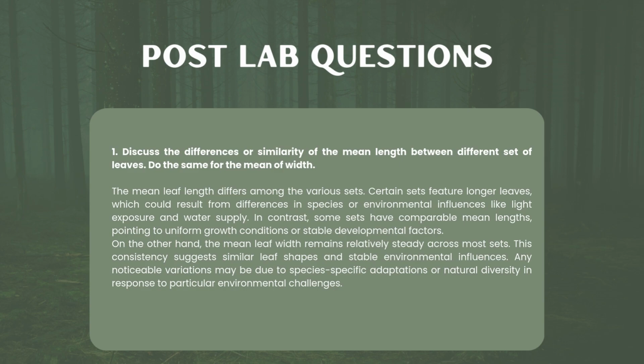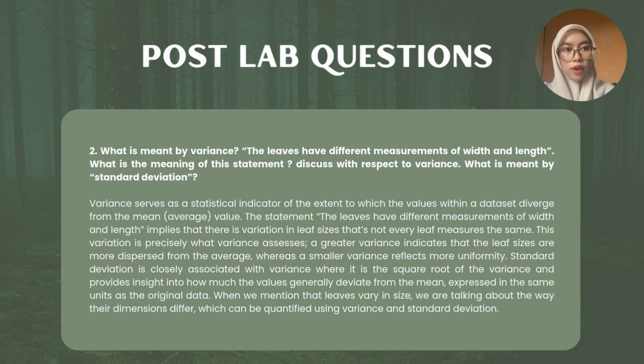environmental adaptation. The second answer: variance measures how much values in a data set differ from the mean. When we say the leaves have different measurements, it means their sizes vary. This is what variance captures. A high variance shows wide differences, while a low variance means the sizes are more uniform. Standard deviation is the square root of variance, showing the average amount of deviation in the same unit as the